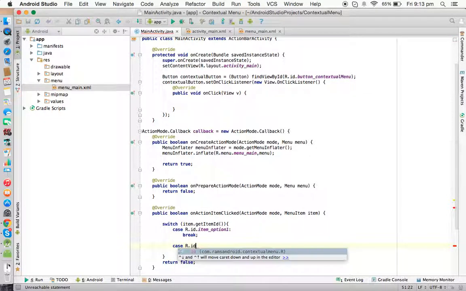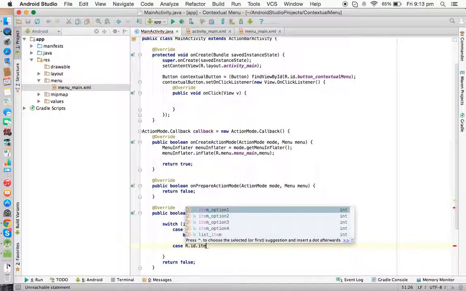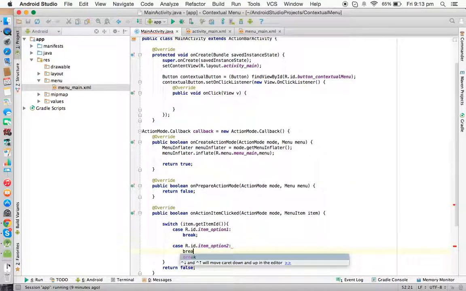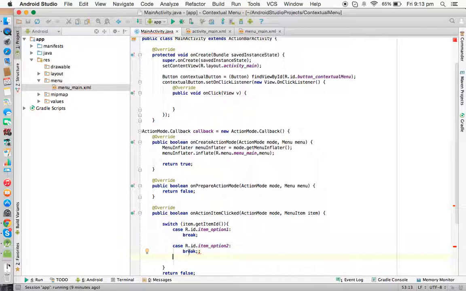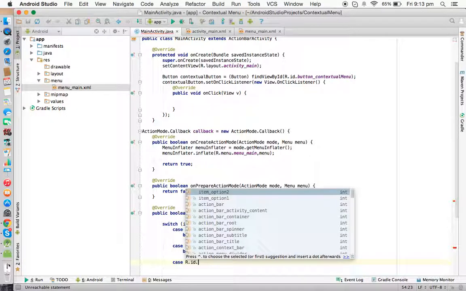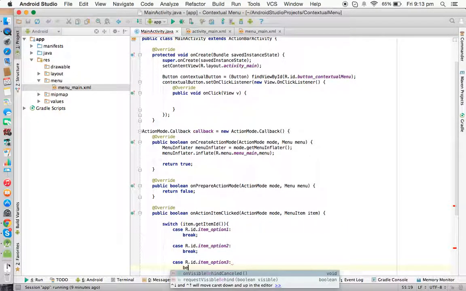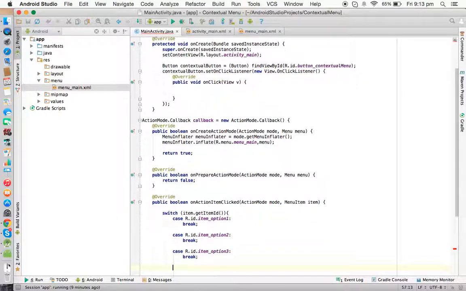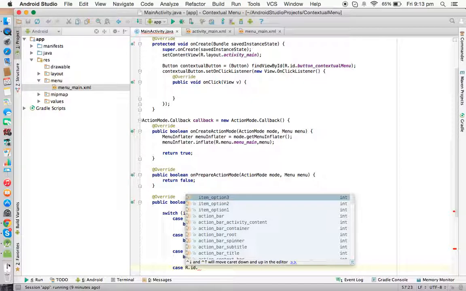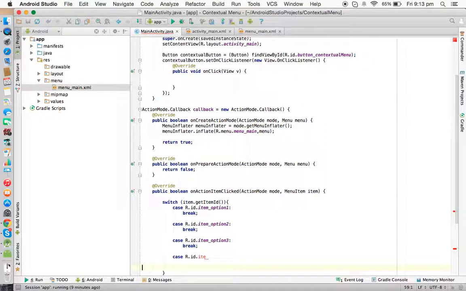Case R.id.item_option2, break statement, and like that one more case R.id.item_option3, break, again case R.id.item_option4,